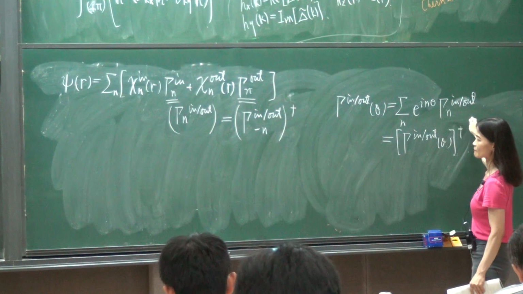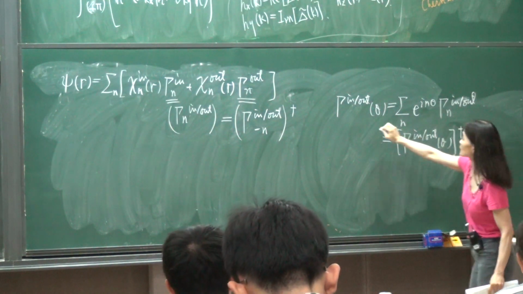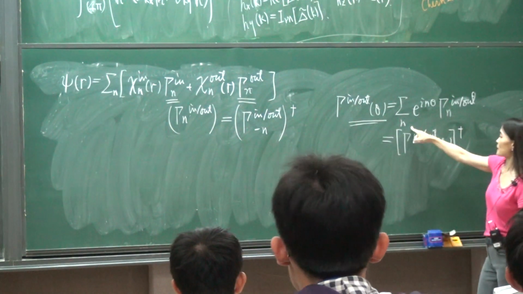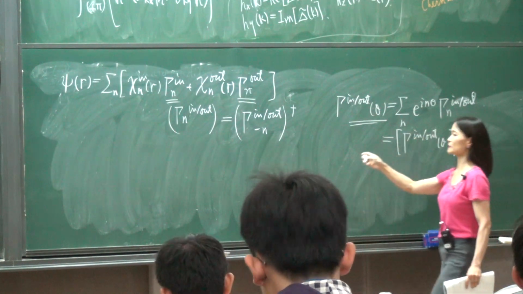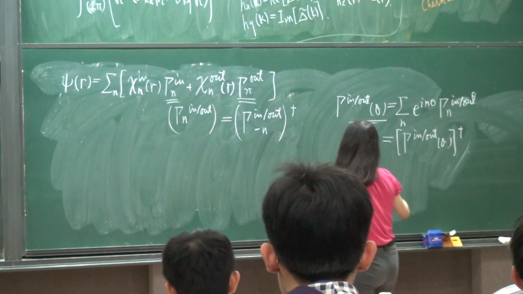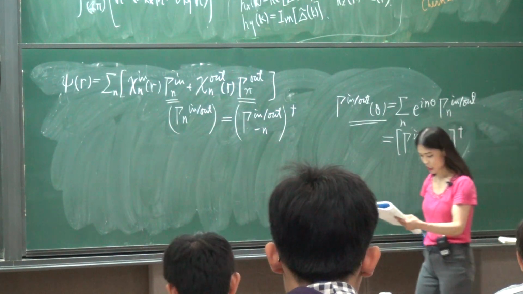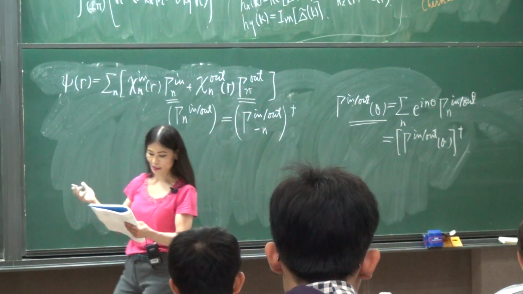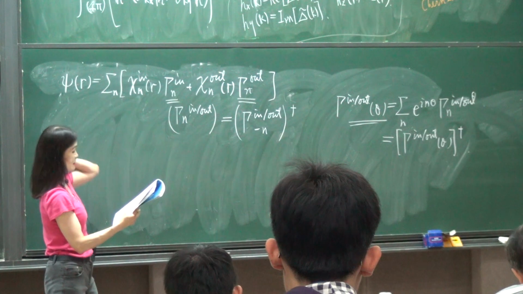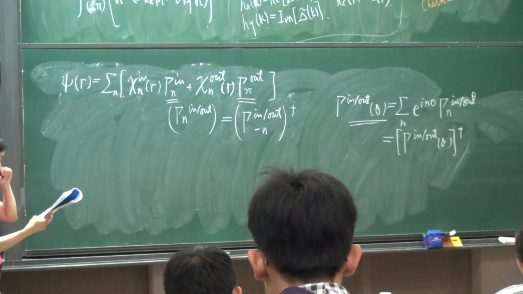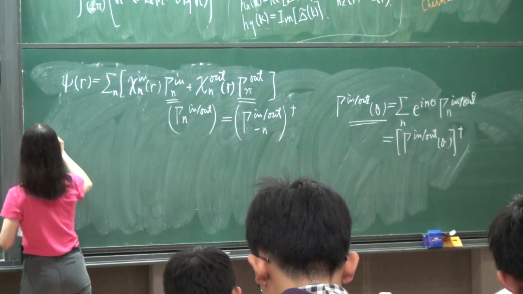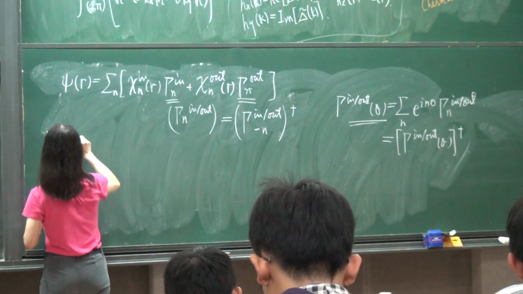Think of this as a wave function, and then you sum over all of the possible n's, but because n and minus n have this special relationship, in the end this is really a Majorana mode. The creation and annihilation operators actually are the same. Okay, but I have a minimum excitation energy.